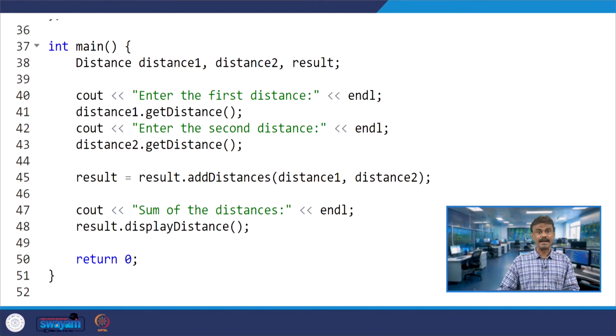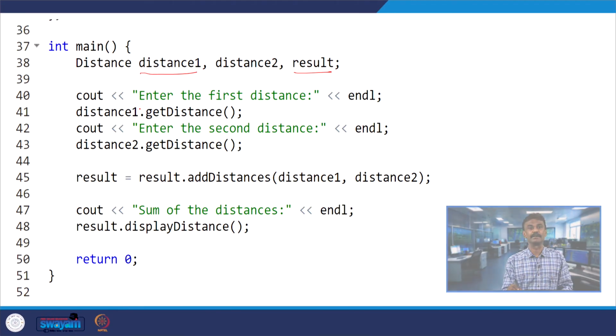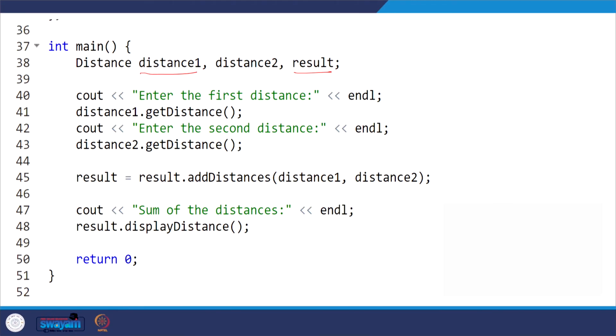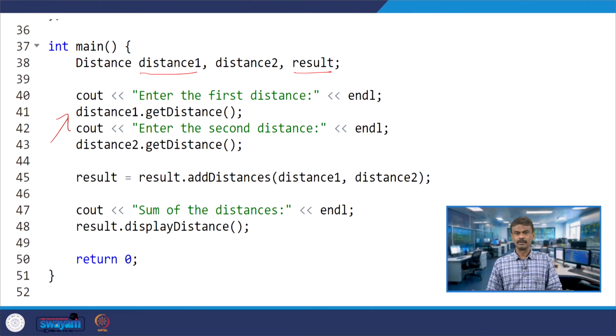So, when you run the code, in the main program we have object distance 1, second object distance 2 and you have result. Line number 40 is asking to enter the first distance, distance 1 dot get distance. You send something like exactly what we have done, 8 meters 51 centimeters.